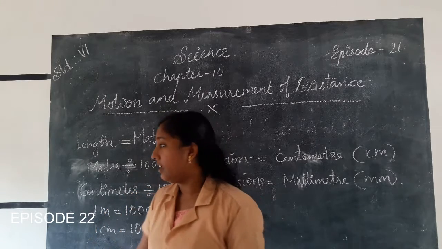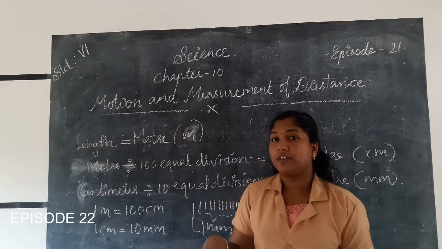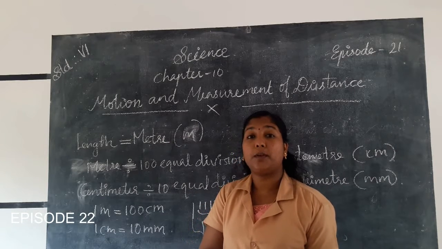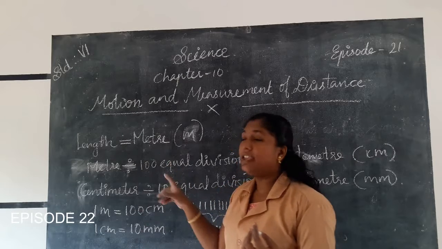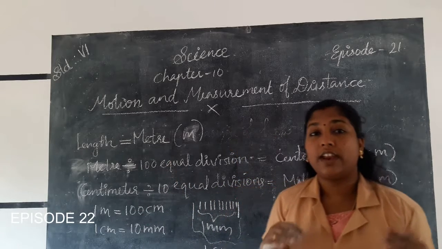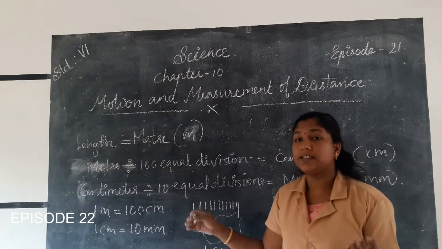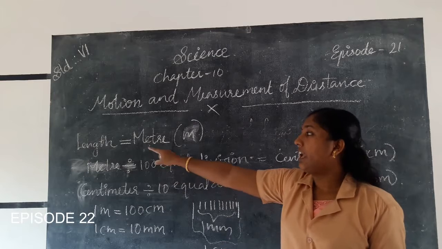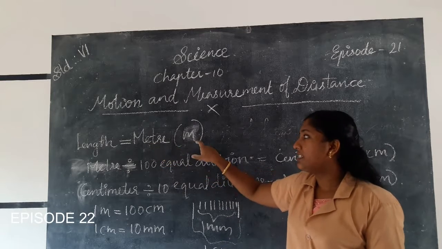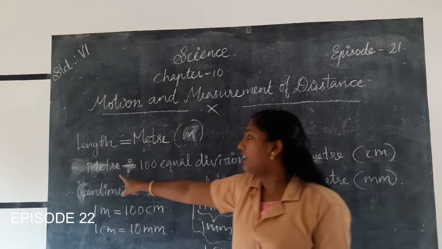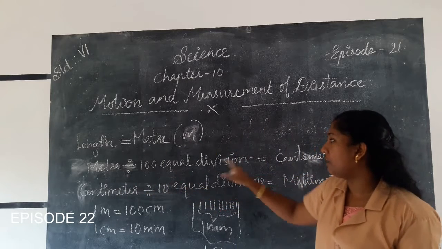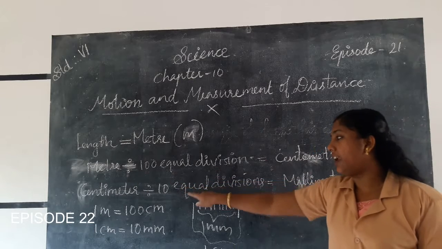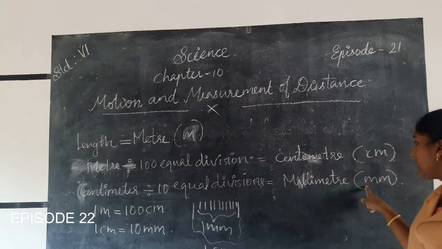That is about length. In the ancient period, people used their body parts for measuring length and distances, and it did not give uniformity in measurements. So they invented the international system of units, and they take the SI unit of length as meter, denoted by the symbol m. Each meter is divided into 100 equal divisions, called centimeter, that is cm. Then each centimeter contains 10 equal divisions, called millimeter, that is mm.